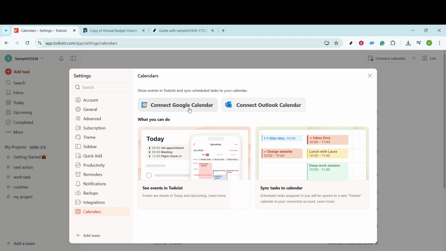Now it's time to choose the Google account you want to link with Todoist. Once you've made your selection, you'll be prompted to click Continue to allow the necessary permissions. This step is crucial as it ensures that both services can communicate smoothly. By granting these permissions, you're essentially allowing Todoist to update your Google Calendar, keeping everything synced without any extra effort